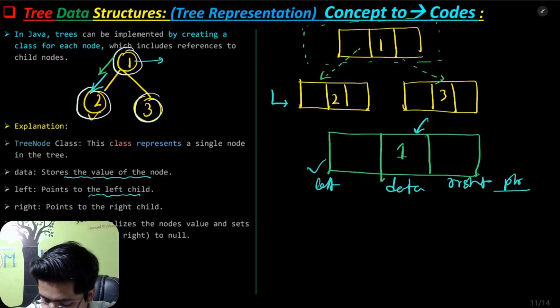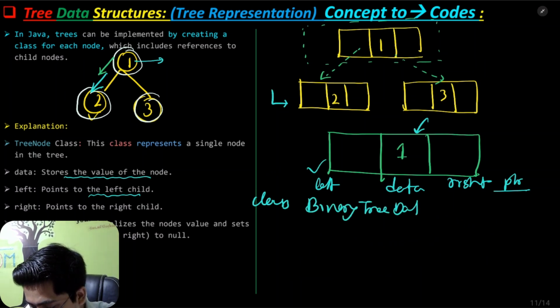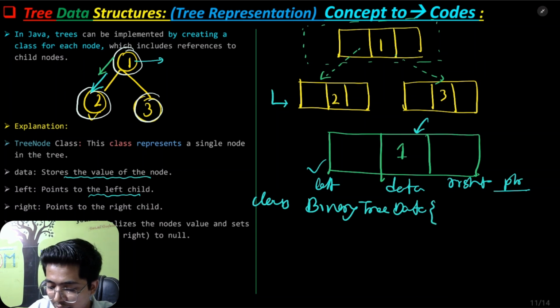Class binary tree data. So we actually created a binary tree data class. Now we'll be declaring those three variables. This one is the data part. What we store in the data portion is integer data: 1, 2, 3. So we'll be writing like this: